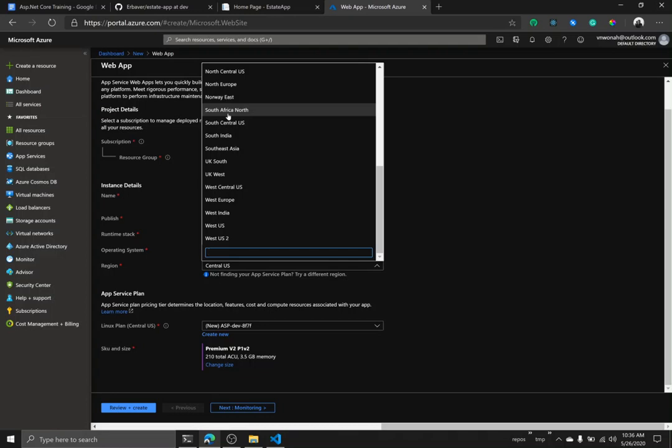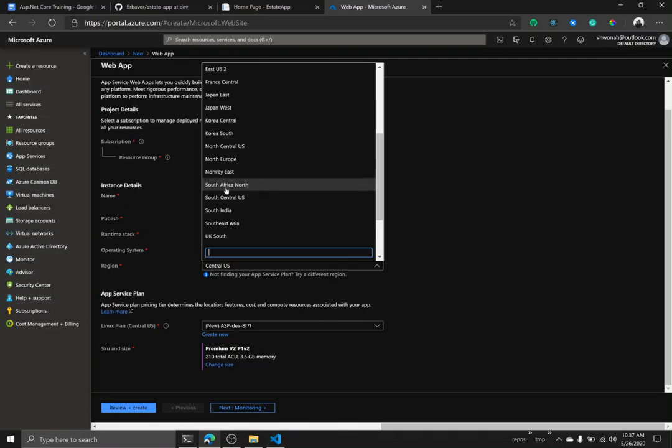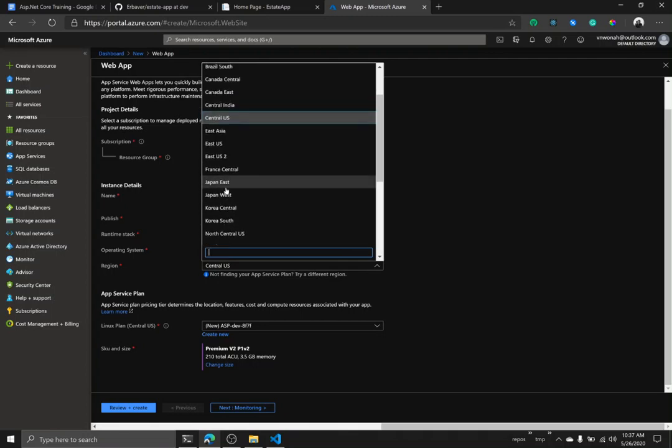Which data center should you put your application in? You should put your application in a data center that is closest to where your users are. So if we're building an estate app that we want Nigerians to use, we want to put it in South Africa, because South Africa is closer to us. I can't remember now if South Africa is closer or if London is closer, but I'm going to put this